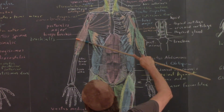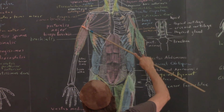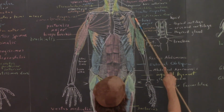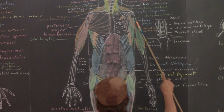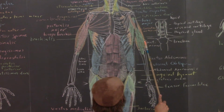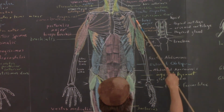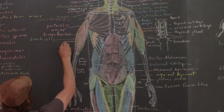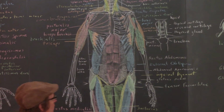I'm going to take this up a little higher. That lateral head's going to hook all along here. All right, that will be the triceps. Let's take on